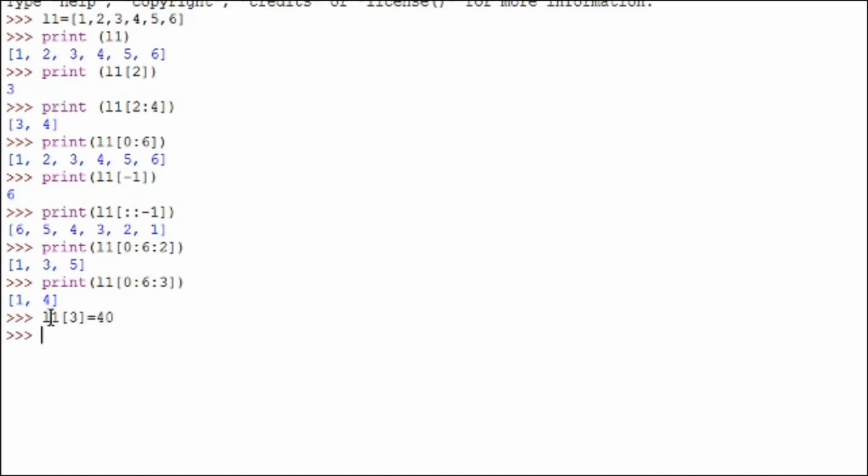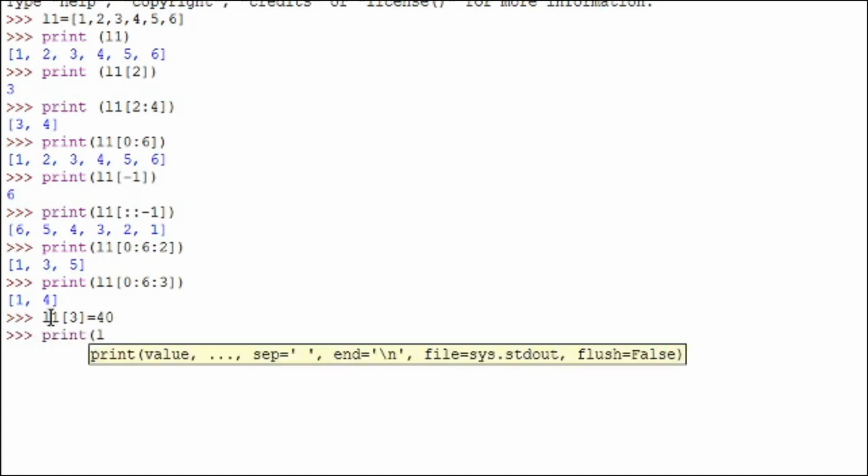Now let's see, if I print the whole list, that is L1,